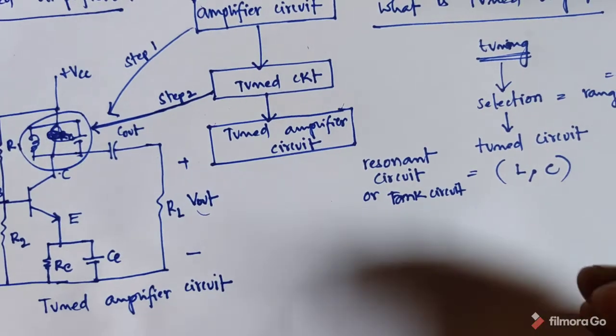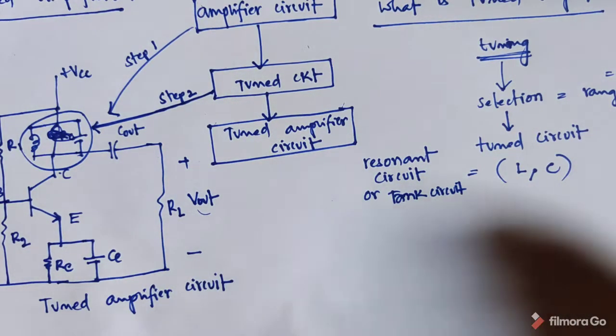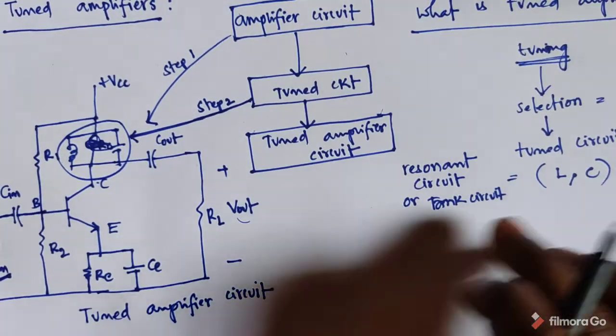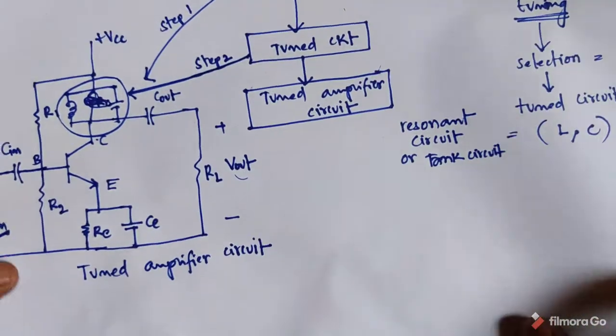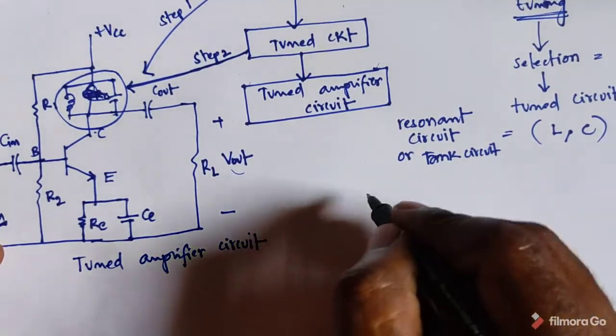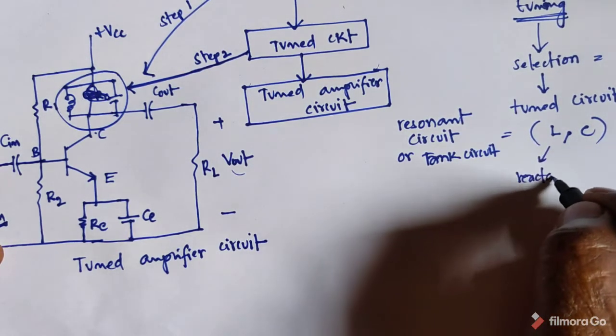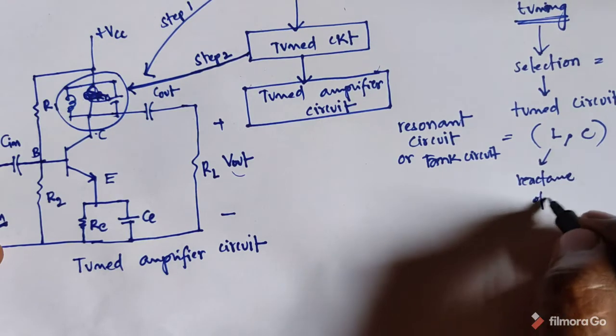Why do we take these two, or why don't we take a single inductor or capacitor? So let us discuss what process is going on in this case. After that we will continue the entire process. Now, for example, consider the reactance of a capacitor and the reactance of an inductor,